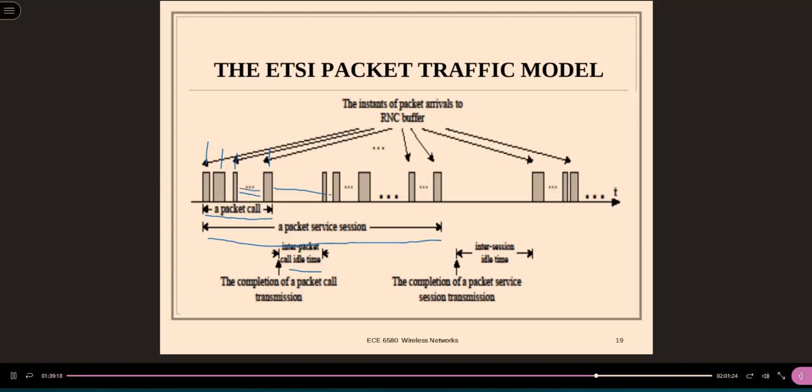Right? And then after a packet session is over, okay, there is a timeout, an intersession idle time, until a new packet service session starts up. Okay. So we have here now a model where we have several new types of parameters. There's certainly the number of packets